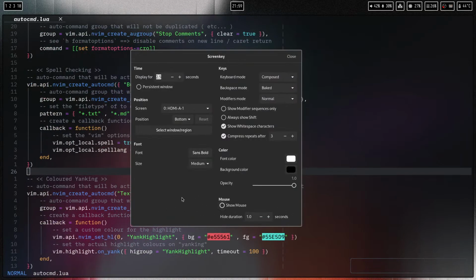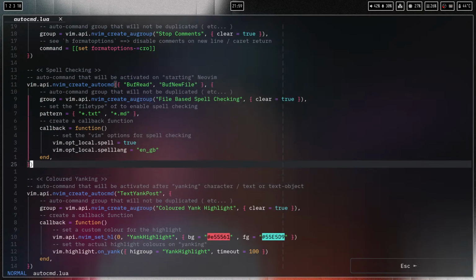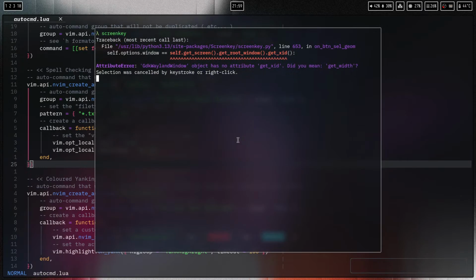I don't know, but I need to find, see, XID. Selection was cancelled by keystroke or right click. Okay, it's made in Python. Oh wow. So basically I need to find an alternative version to that so that I can still display my keys when I'm streaming,